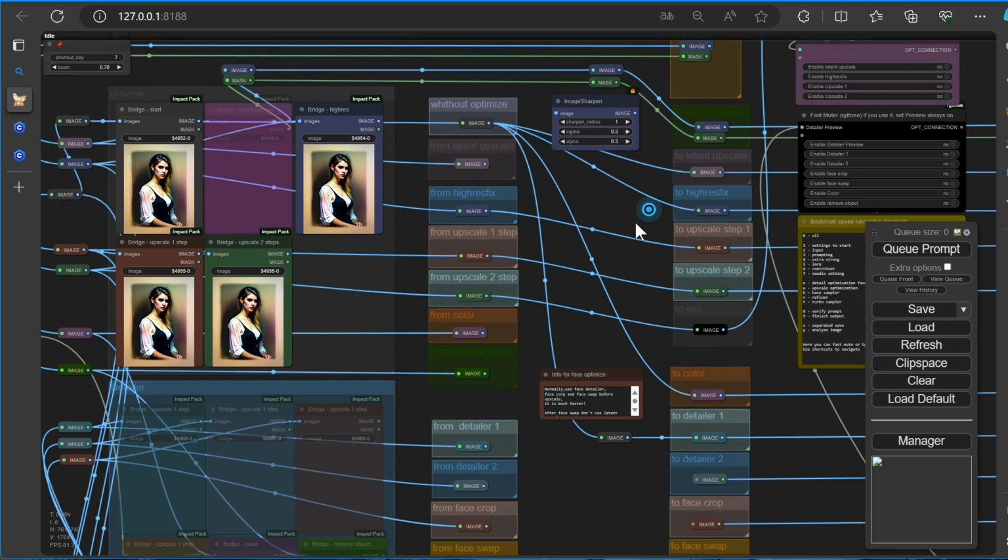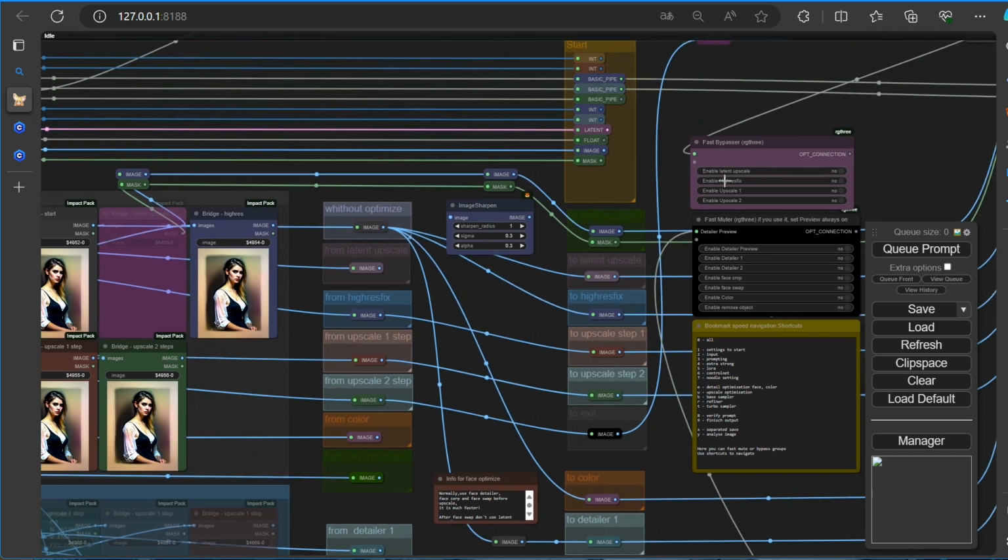The upper section is controlled by bypass except for the latent upscale, so the noodles can remain connected even though